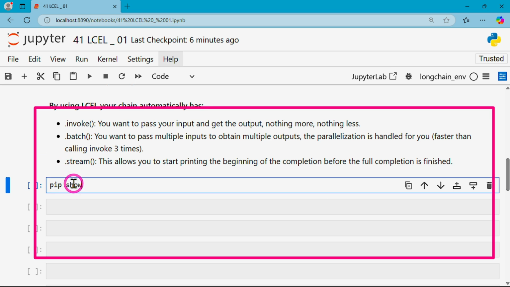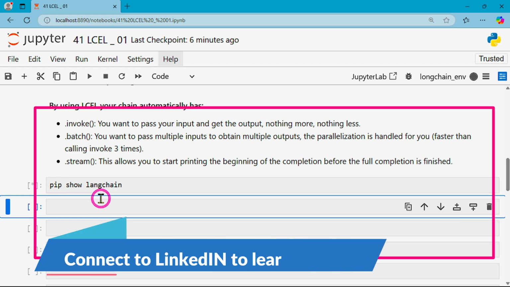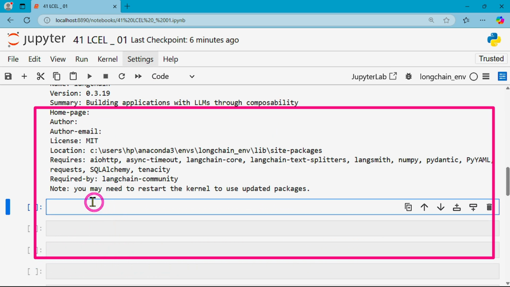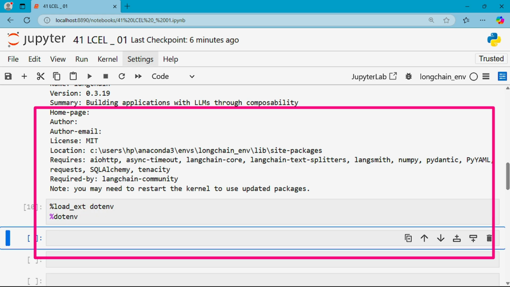So I'm going to show pip show langchain. This will display all the relevant metadata in my portal. Here you can see it's existing now. Now I'm going to load the .env file, and this would be the relevant